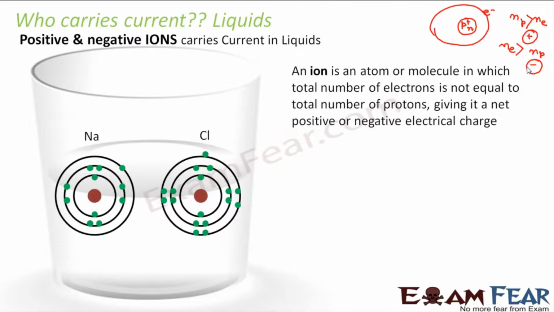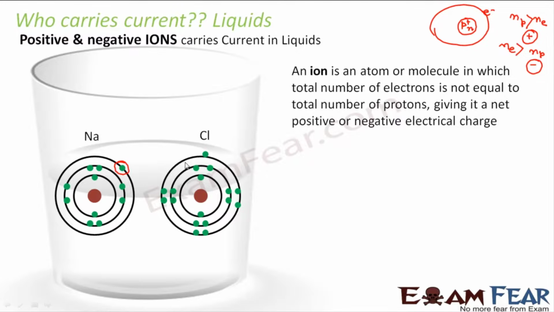What happens in a NaCl solution? So this is the configuration of Na. In sodium, you have only one electron in its outermost shell. In case of chlorine, you have 1, 2, 3, 4, 5, 6, 7 electrons in the outermost shell. Now, chlorine will be happy if it gets one more electron, because if you have 8 electrons in the outermost shell, that means the outermost shell is stable, right? If you have 8 electrons or if you have 0 electrons in the outermost shell, then the shell is stable. So if chlorine gets one more electron, chlorine is stable. If sodium loses one electron, sodium is also stable.